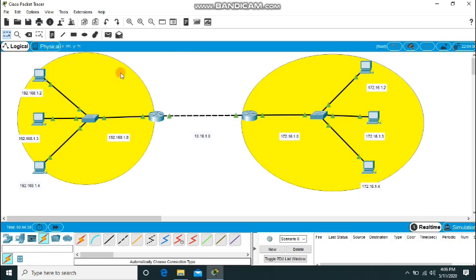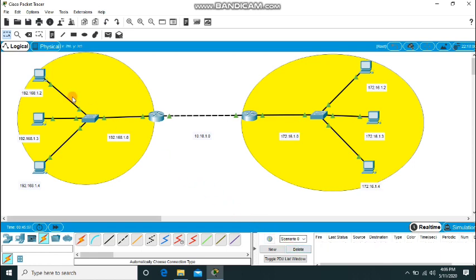Suppose this is one LAN and this is another LAN. This LAN's communication is okay now. We have to see the communication between these routers, router 1 to router 2. Yes, it's also done, because we gave these networks and also gave the RIP command. The RIP command lets this network communicate directly with this router, and this network with that network. It will communicate easily.